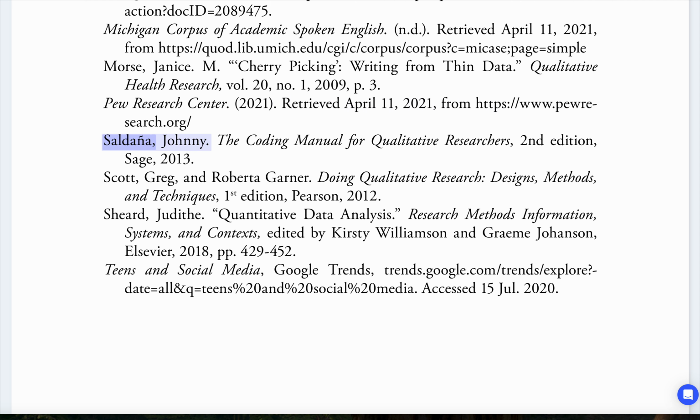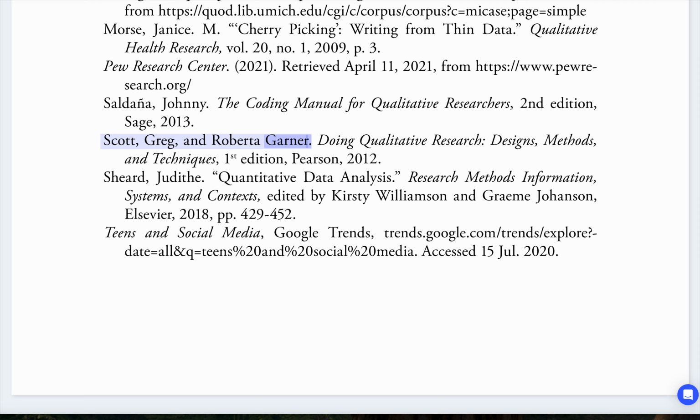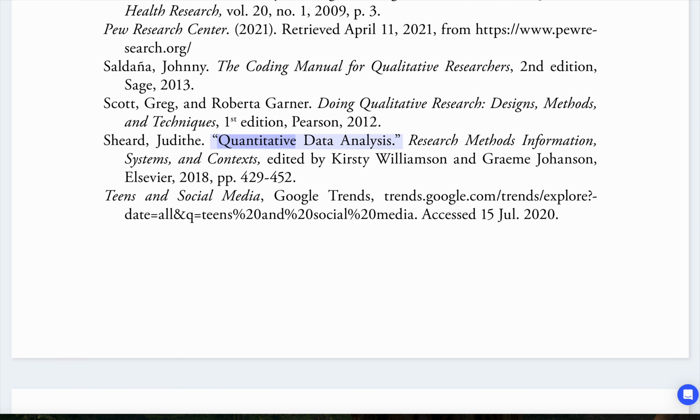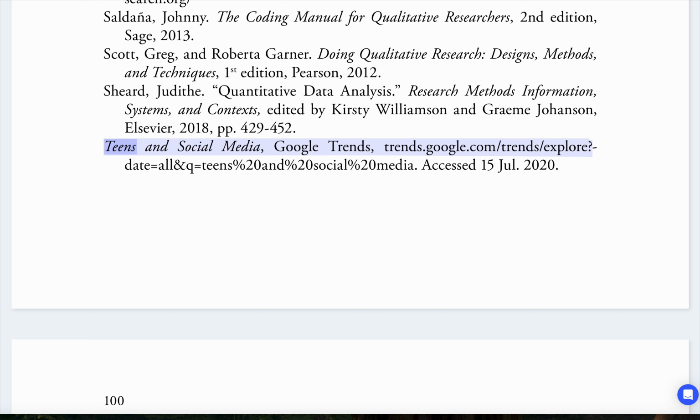https://www.pewresearch.org/. Saldaña, Johnny, The Coding Manual for Qualitative Researchers, 2nd edition, Sage, 2013. Scott, Ray, and Roberta Garner, Doing Qualitative Research: Designs, Methods, and Techniques, 1st edition, Pearson, 2012. Sher, July, Quantitative Data Analysis, Research Methods: Information, Systems, and Contexts, edited by Kirsty Williamson and Graeme Johanson, Elsevier, 2018, pp. 429-452. Teens and Social Media,